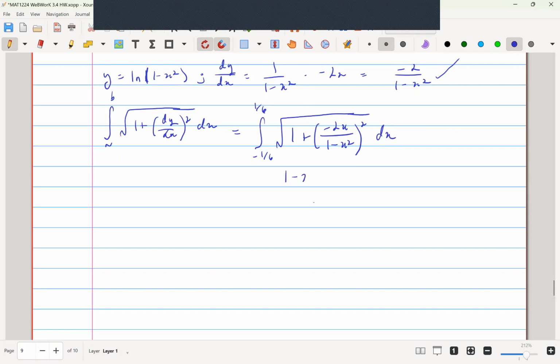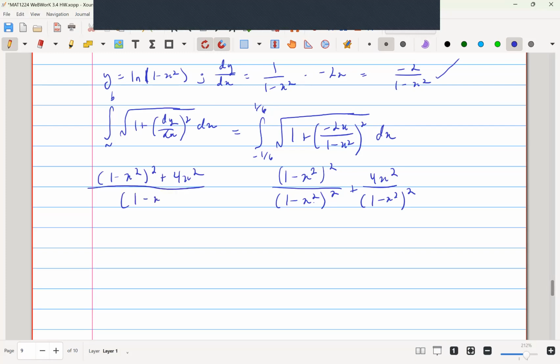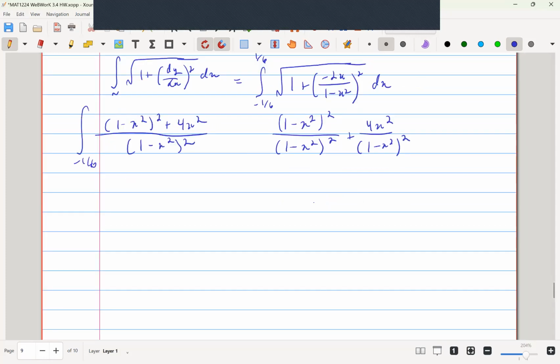we're going to have this over this, which is our 1, plus our 4x squared over 1 minus x squared, which is the equivalent of perfect. All right, and now you can rewrite that as our integral from -1/6 to